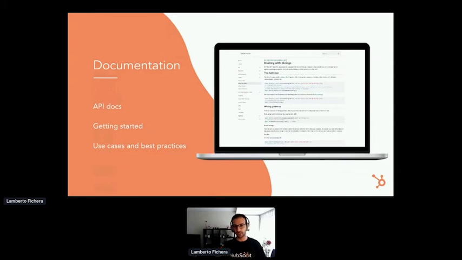We have a getting started section, geared more towards new joiners or whoever is new at testing, or if you're starting with a brand new test suite and you just want to refresh your memory on how to even start that test suite. And then there's also some specific use cases.